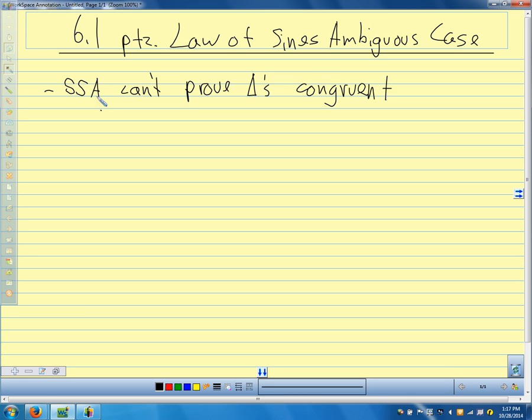Well, we can use the law of sines on side-side-angle triangles. We just have to make sure that we are careful with what kind of triangle we have. So for this first part, we're going to say angle A is acute. We have three possibilities for a triangle that's a side-side-angle triangle. So this puts a little twist on the law of sines. So our first possibility,